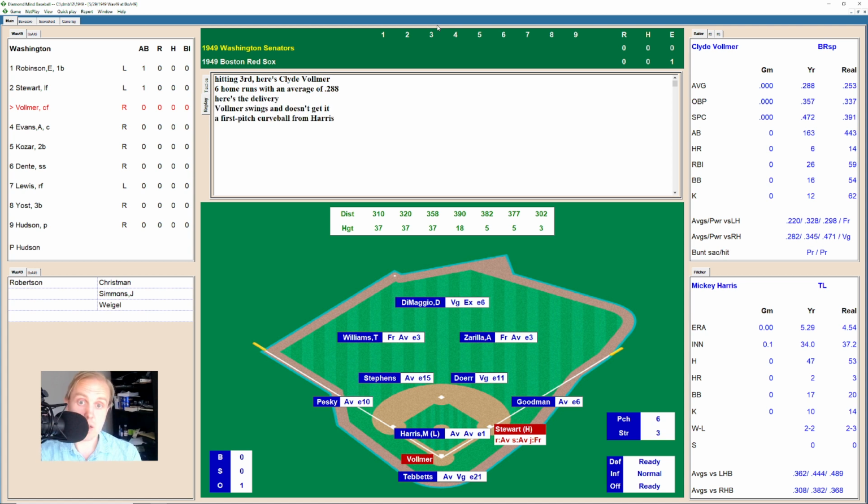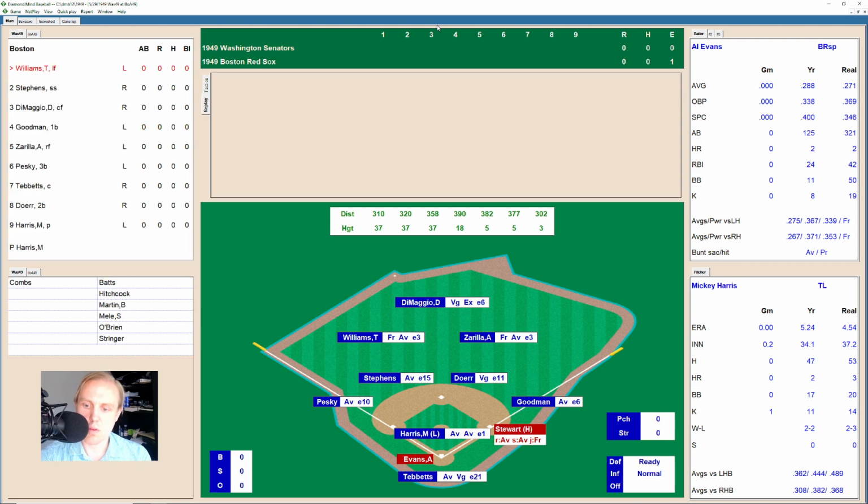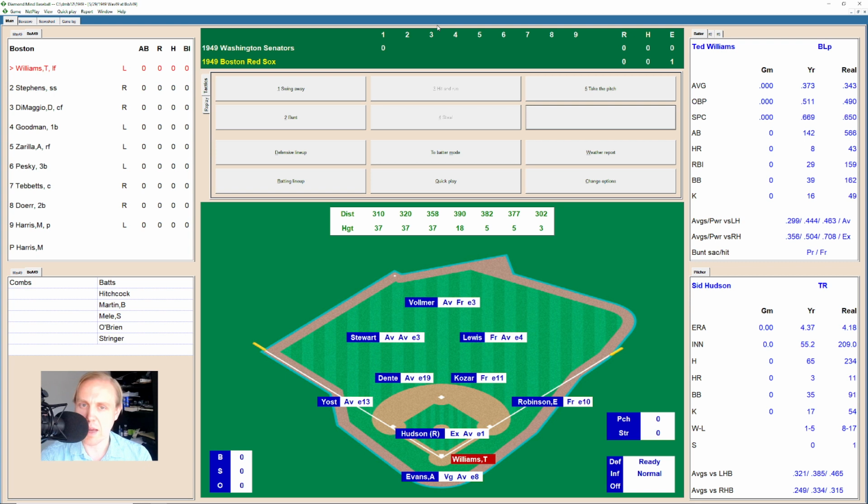Here now is Clyde Fulmer, who takes a strike, 0-1. Foul to the left side, out of play, 0-2, and there's a swing and a miss by Fulmer. He's gone. 2 away. Here's Al Evans. That's a strike to Evans, breaking ball, and there's a ball to him, 1-1. That's off the plate, 2-1 on Al. Ground ball first base. Goodman flips over to Harris, covering at the bag, and we go to the bottom of